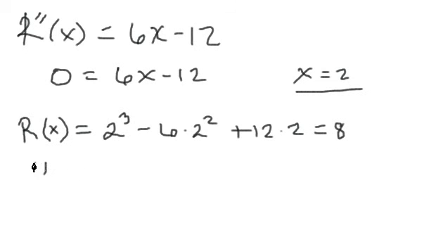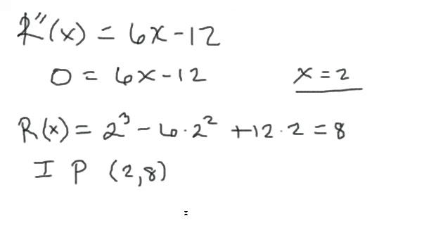So the inflection point, and I'm just going to label it with IP, inflection point, and it's a point, so that means we have an ordered pair here, so that'd be (2, 8). Okay, and I'll bring the graph up here in just a minute and we'll see what we're looking at. Now to find where the function's concave up or concave down,